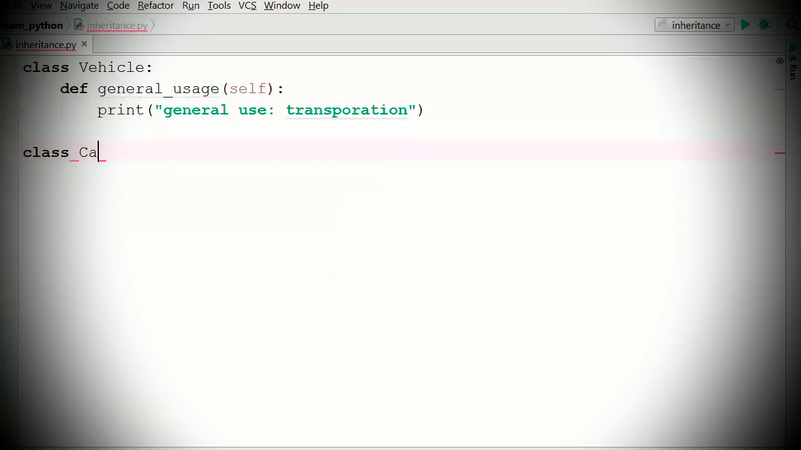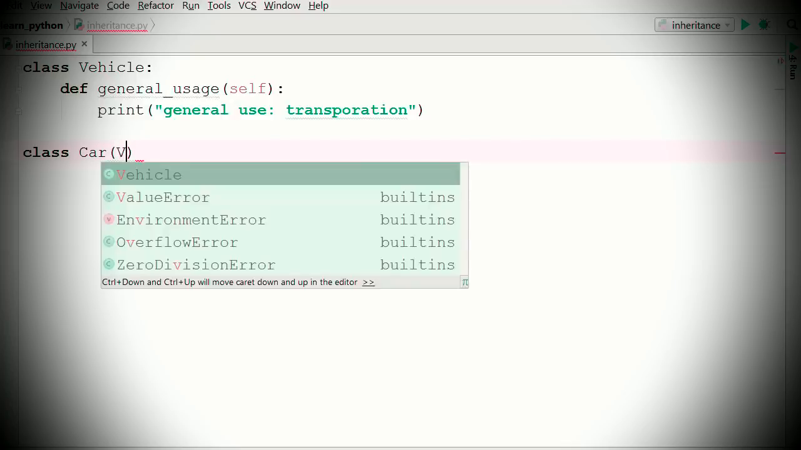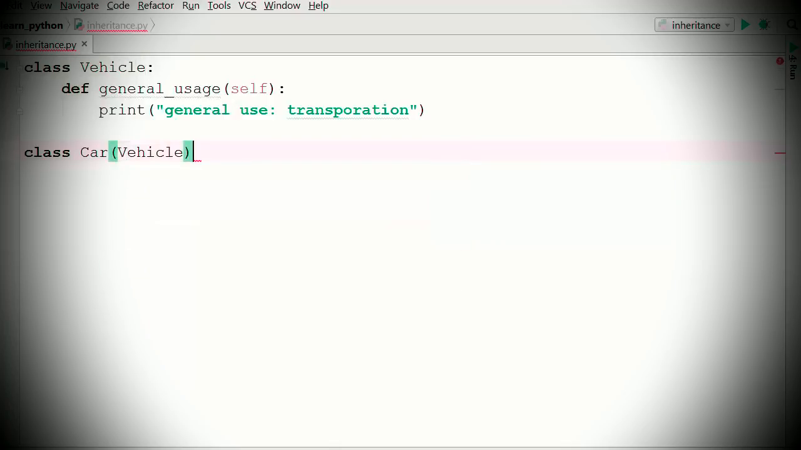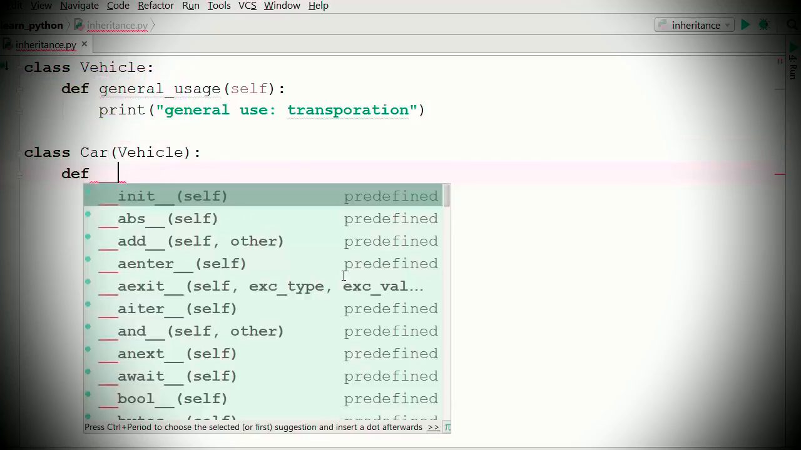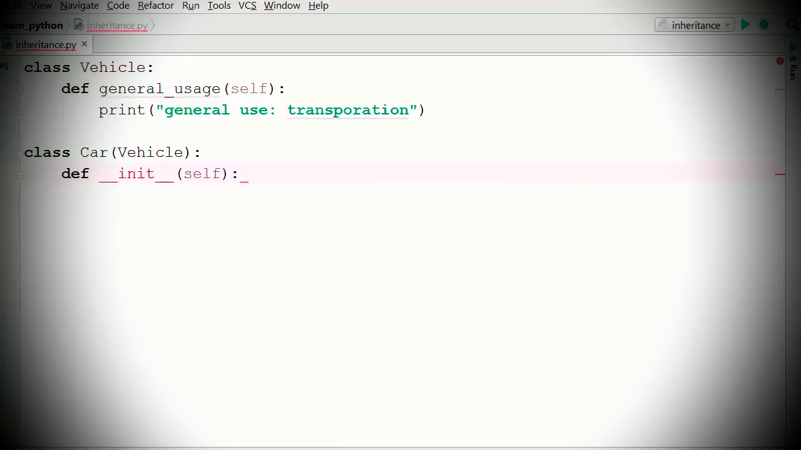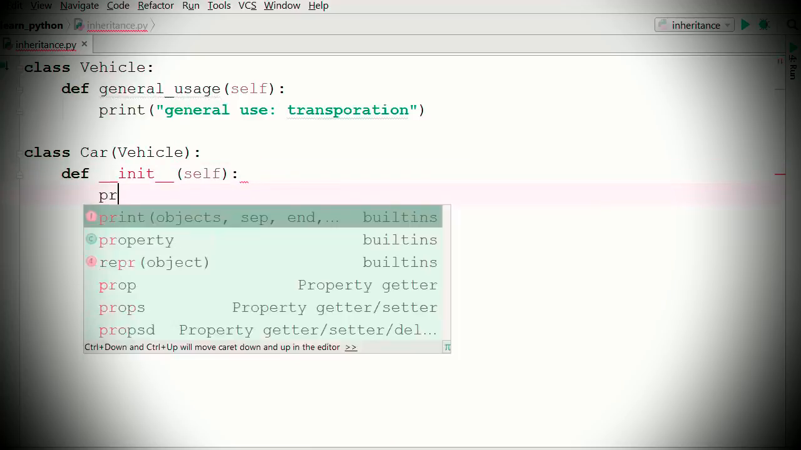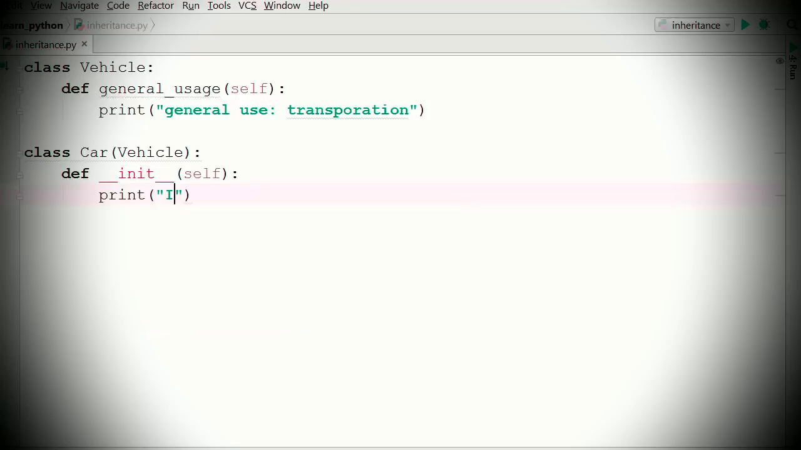Now I'm going to derive my first subclass called car from vehicle, and the way you inherit a class from another class is by writing the name of that class in bracket like this. So here it means my car class is derived from vehicle class, or it's inherited from a vehicle class. Here I'm going to write an init method, which is same as a constructor, and the first thing I'm going to do is I'm going to say, okay, I am car,